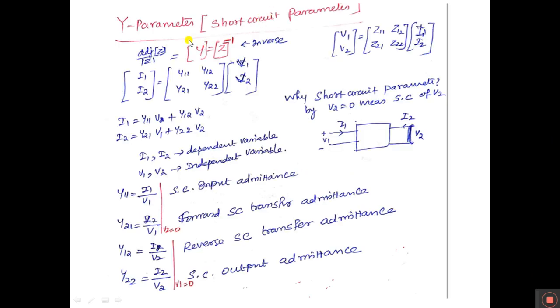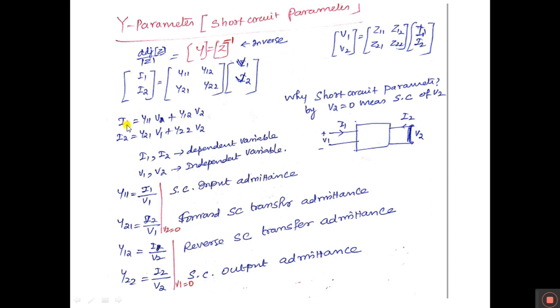So this Y parameter is called short circuit parameter. And this one is a Z parameter. This we already discussed. The equation is V1, V2, here I1, I2. The terms are Z11, Z12, Z21, Z22. Y parameter is the inverse of Z parameter. Y equal to inverse of Z. Now, just reverse. I1, I2 comes here, V1, V2 appears on the right hand side. The terms are Y11, Y12, Y21, Y22.